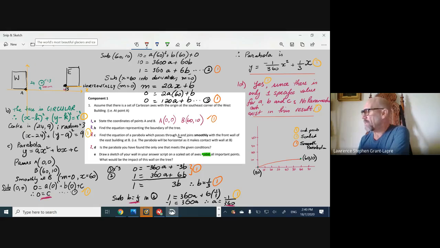Now the final part says, what would be the impact of this wall? Let's just see. You should have 24.9. Actually, how do I do that? If you've done this correctly, you'll see that that line passes through the circle. So the impact, yes, the impact